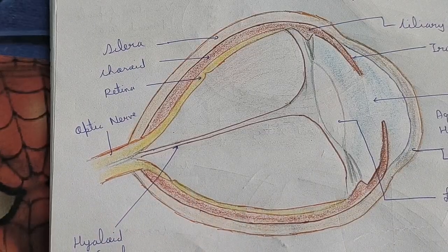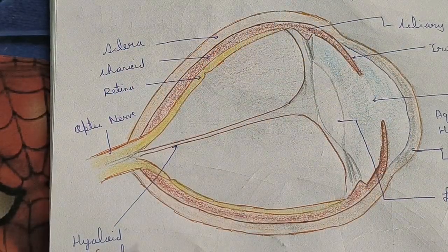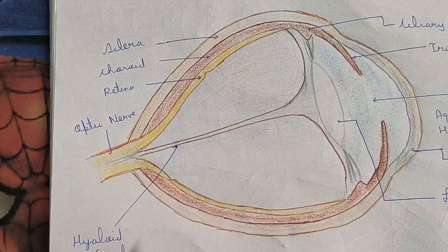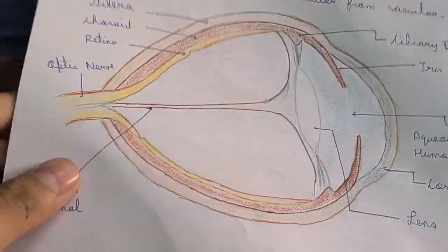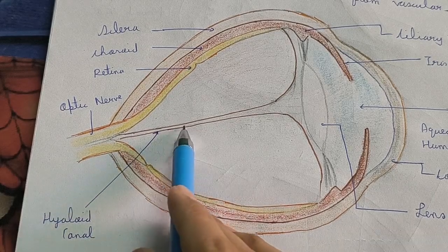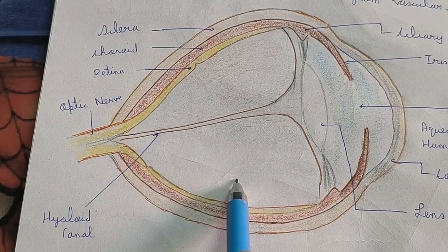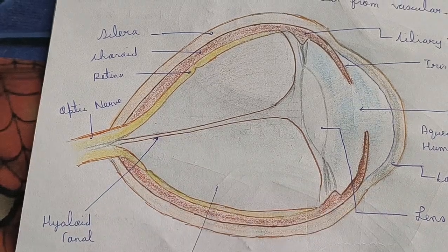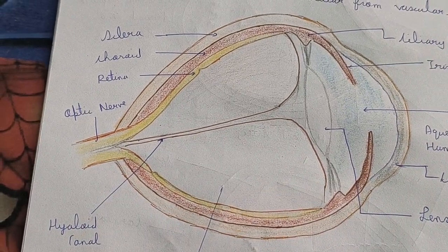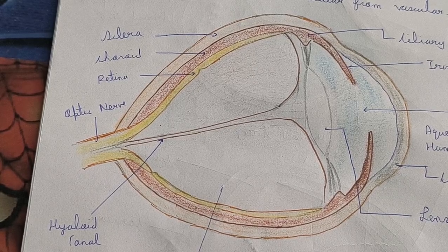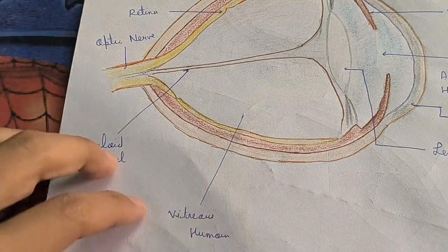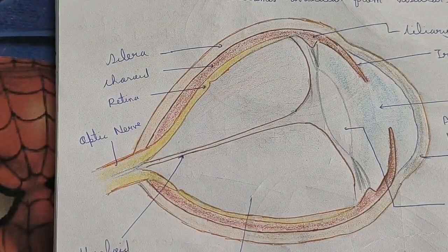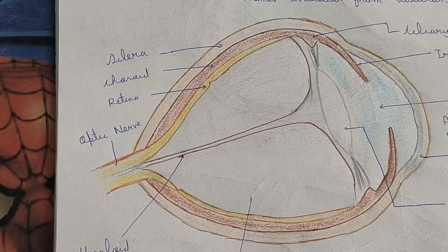This is the human eye of the adult. In the adult the lens is avascular, but initially in fetal life it was vascular. This is the reason. As I already mentioned, the hyaloid artery disappears but the hyaloid canal remains, and this is the vitreous humor. You can notice that in the normal human eye at present, the hyaloid canal is present in the vitreous humor, and the lens is avascular. Finally, this development takes place along with the development of other parts as I mentioned.